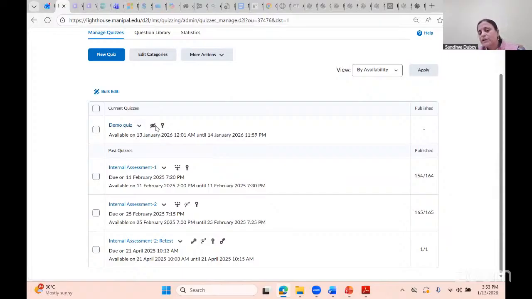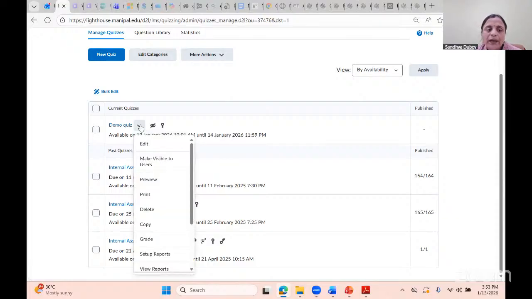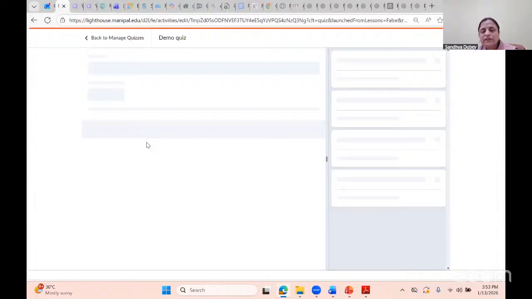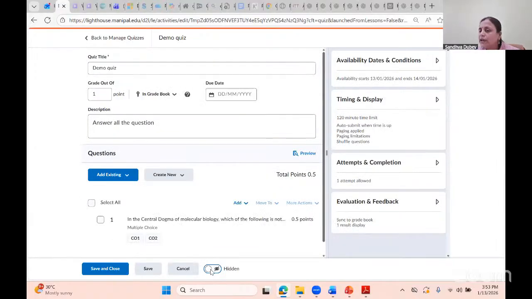So even though we have scheduled it, the assignment is not visible to the students. What we can do is schedule the assignment in the future and make it visible while scheduling. If not, if the scheduled time you mentioned in the first block or first calendar is prior, in that case you can keep it hidden, and when you go to the classroom or when it is the quiz time, you go and edit the quiz and make it visible from hidden. So now it will be displayed on the user timeline, the user dashboard timeline.